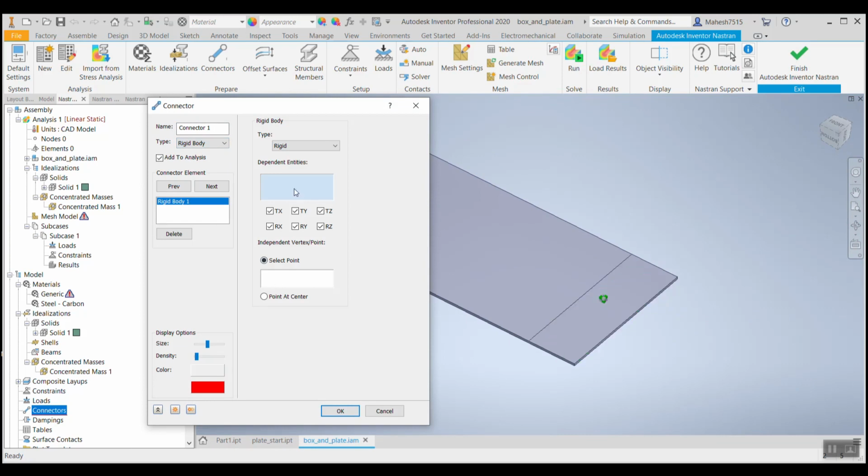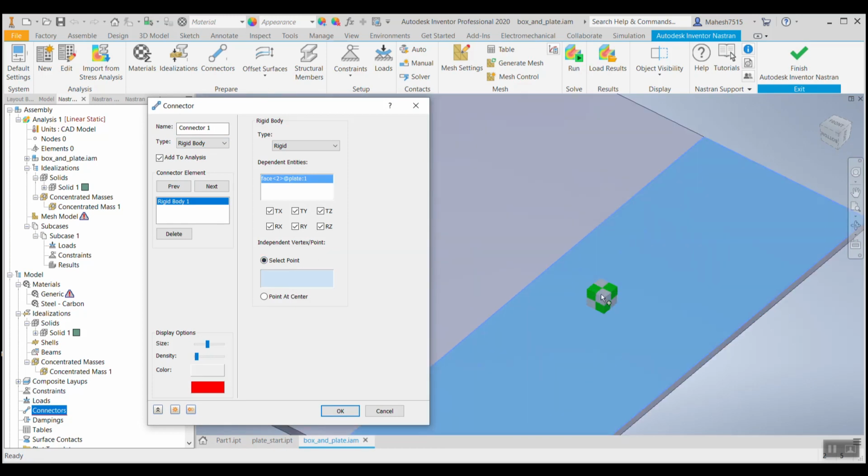Where dependent entities is this face, and the point is this particular cube. And what Nastran will do is it will automatically detect up to which boundary this mass is concentrated, and it will create a spider for us. So I'll quickly go and select this point.